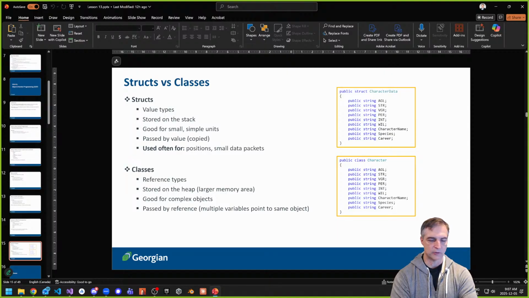So classes are really great for complex objects. Structs are really great for simple little things that you want to do. And that's the difference between one and the other. Okay, so pass by reference automatically as opposed to pass by value. So these are the two things you can see, they're almost identical except for the names class and struct. That's all that's happening here so far, right? In this example, they can look the same. In fact, even structs can have methods, but by convention we typically don't do that. All right.